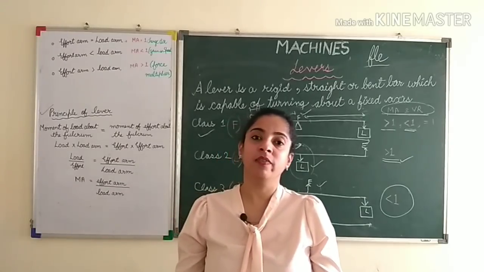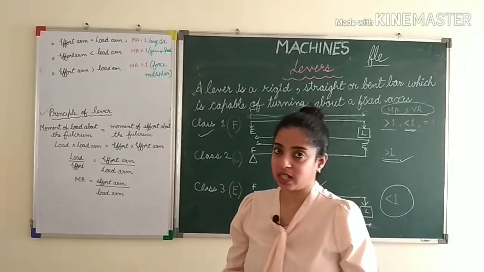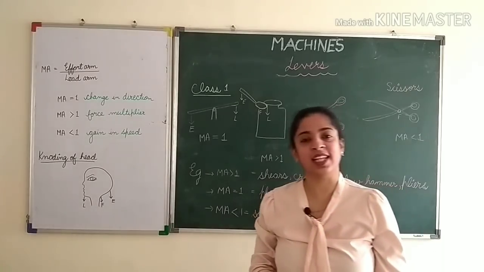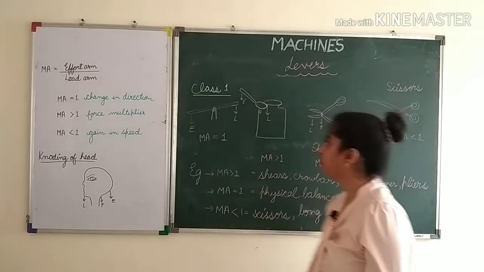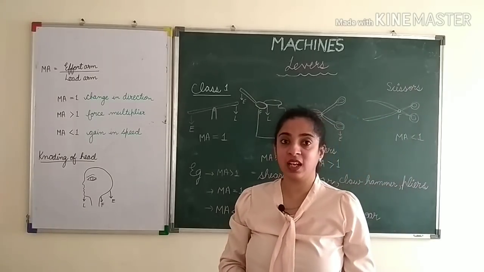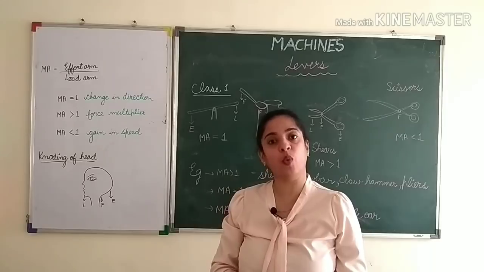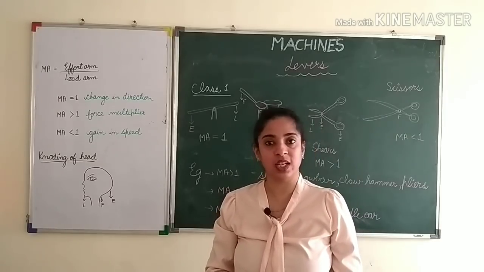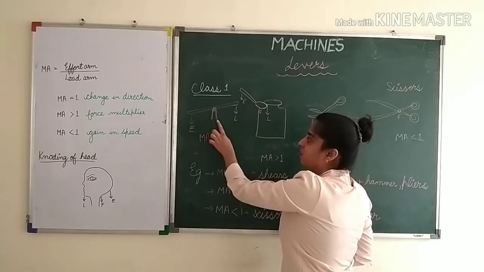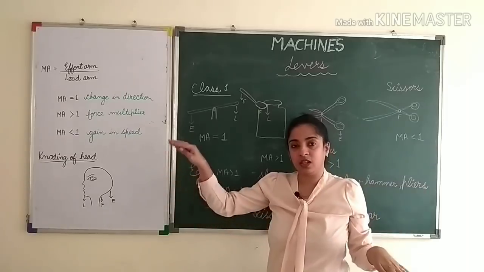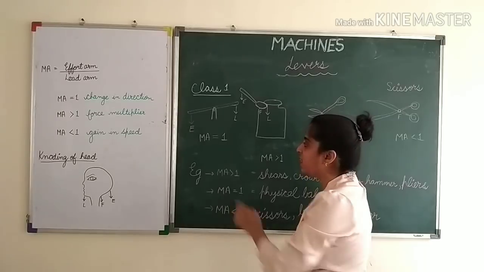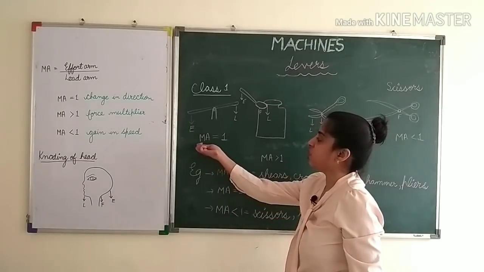Okay. Now we will study the examples of all 3 classes of lever and we'll do some numericals based on the 3 types of levers. Study the examples of class 1 type of lever. Now in class 1 type of lever, as I already told you, mechanical advantage and velocity ratio can be equal to 1, more than 1 and less than 1. So let's see all the examples here. Now in case of a seesaw, you can see that there is a fulcrum in between and the kids sit at both the ends. So the effort arm and load arm are equal in this case. So the mechanical advantage is 1.